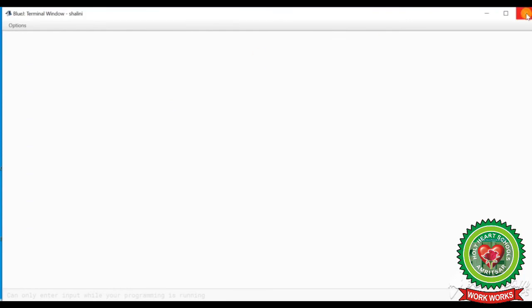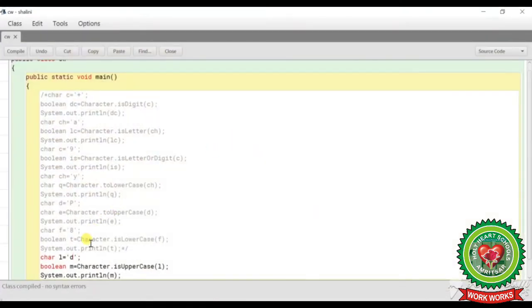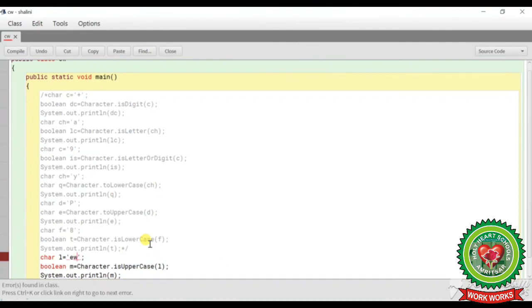Now students, here I was dealing with only one character, which can be a digit, a letter or a symbol. Now let's suppose I want to do this with E and W, two letters. But is it a character? No, it will give an error because it is a string.